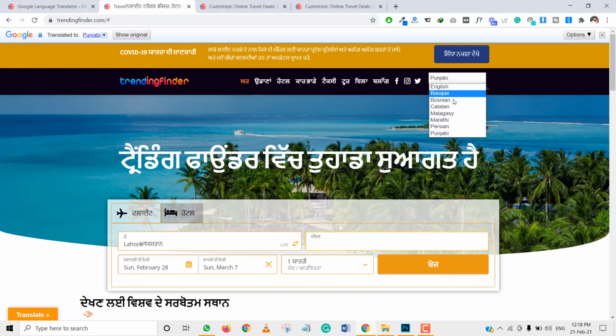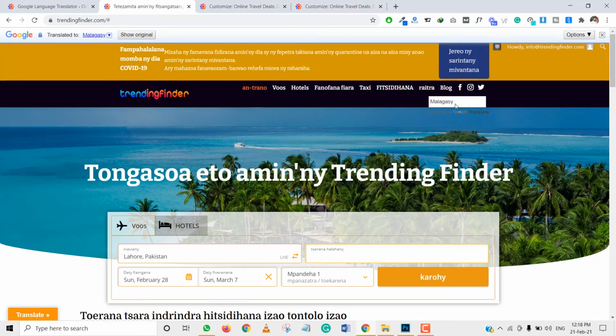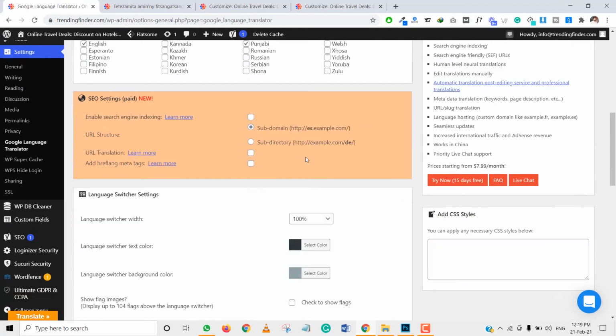And if I go to, you can see one option here. You can add translation on the floating section here. You can also set these options. If you don't want to show this section, I can hide these sections.